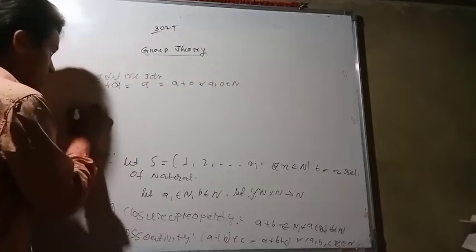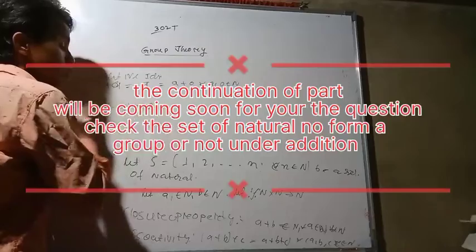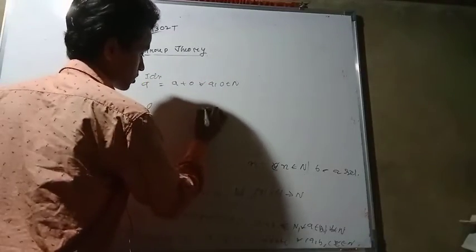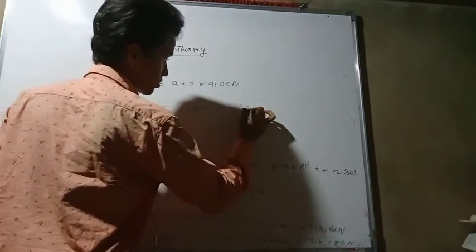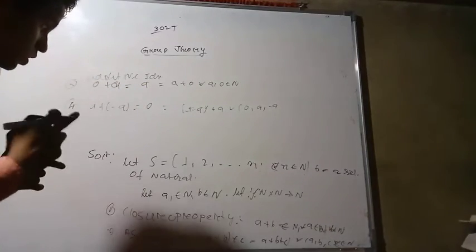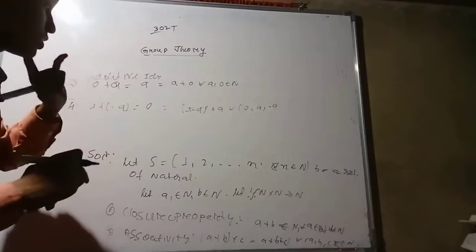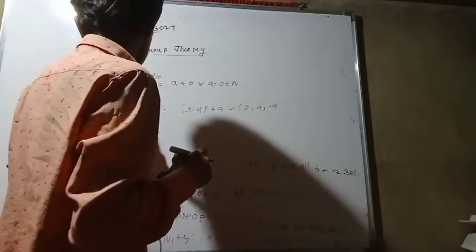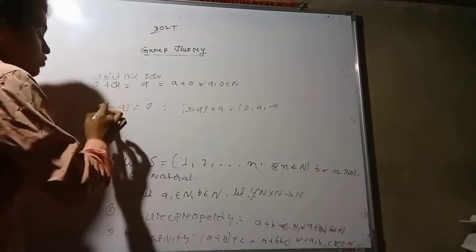Next, A minus A: if we add this element, then A minus A plus A equals 0. Now, what have you learned? See, what contradicts under these conditions? Here one condition is not satisfied. Here I check one thing: if you have an element